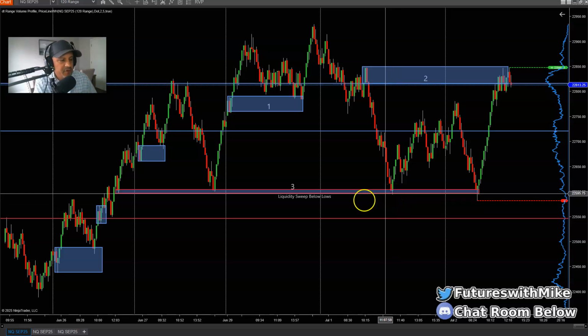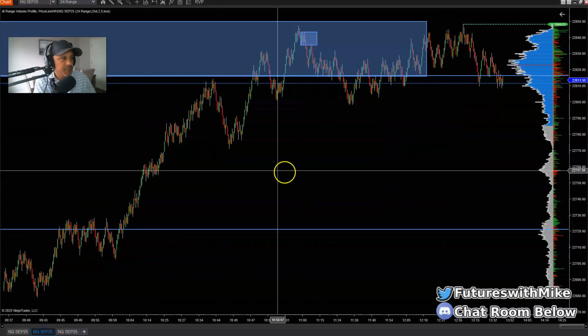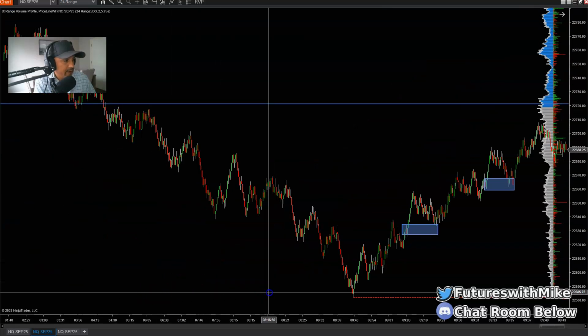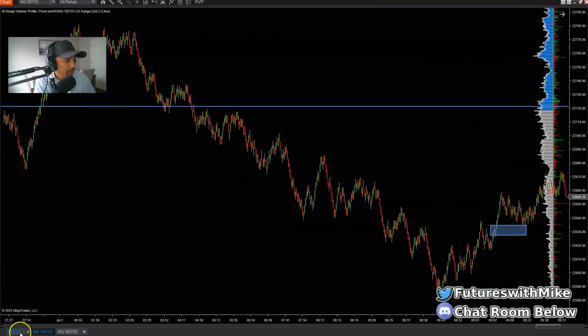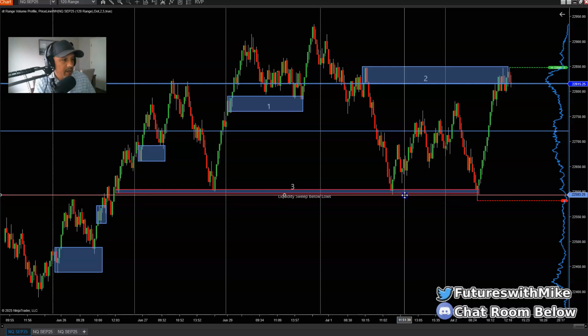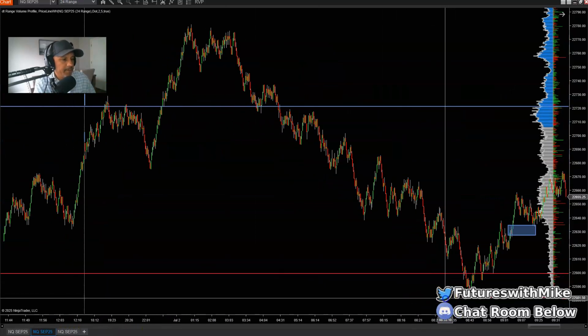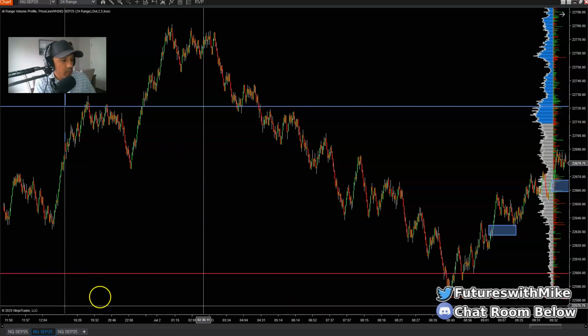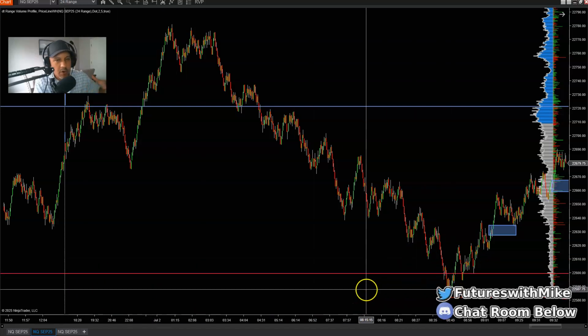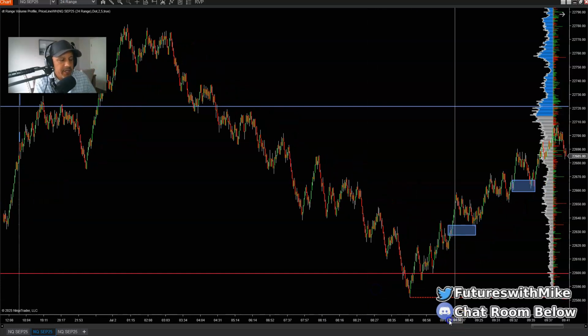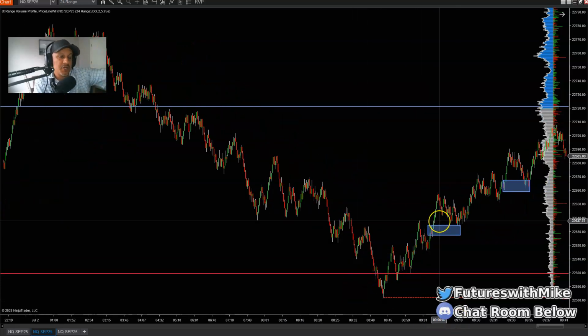Once it does that, then you can move down to your lower time frame chart. Okay, I'm going to show you the area. Let me do this right quick. This line right here, put it right there. All right, so here it is right here. This area right here is where it swept below those lows on the higher time frame chart. Then all you need to do is either wait for a breaker structure going back